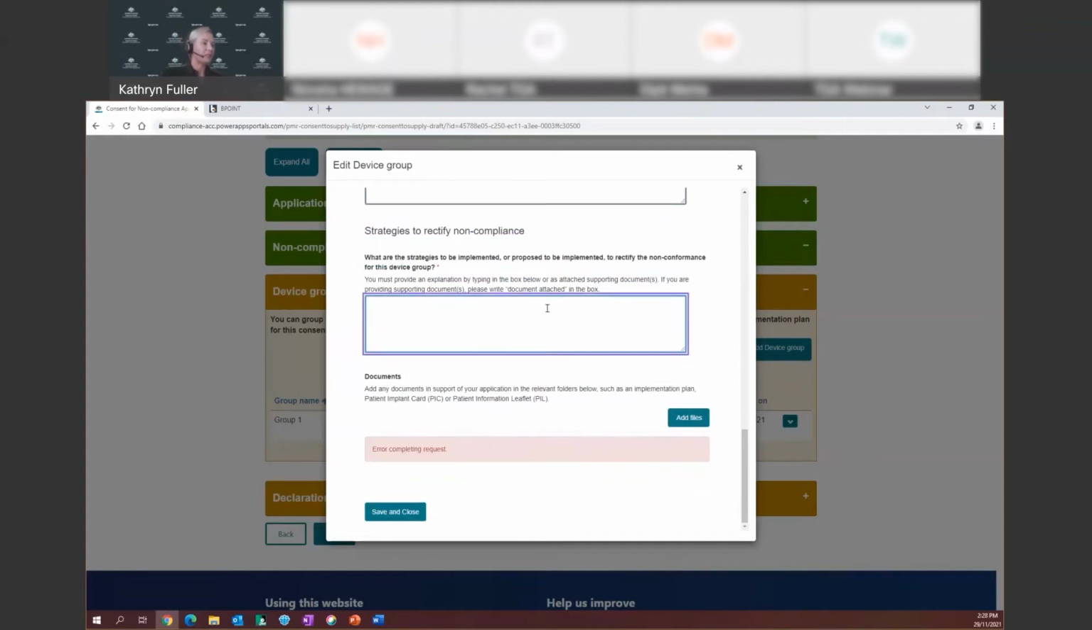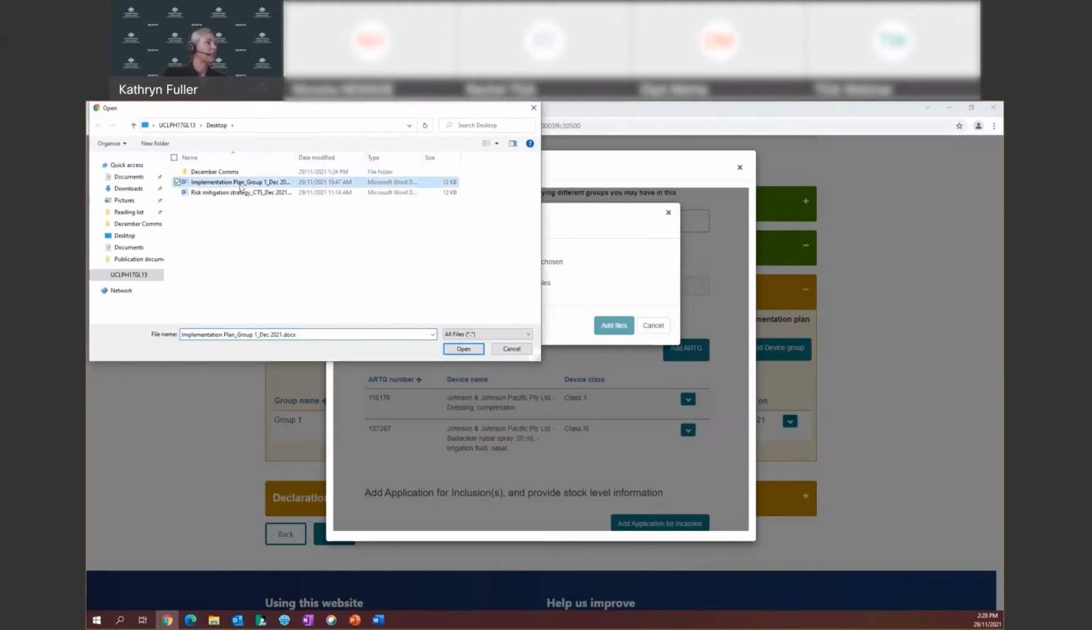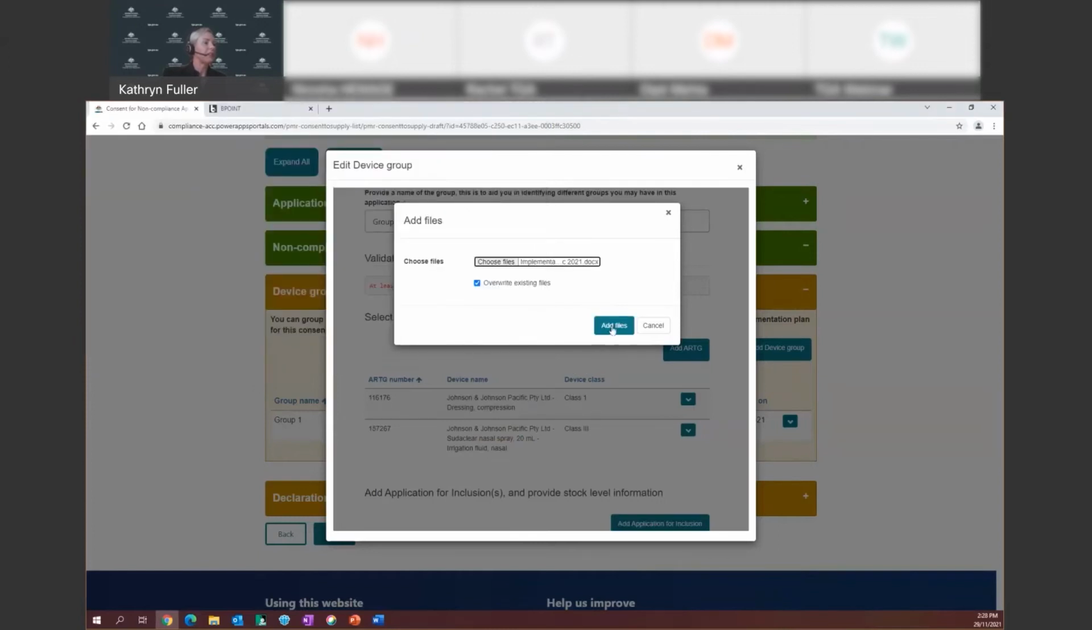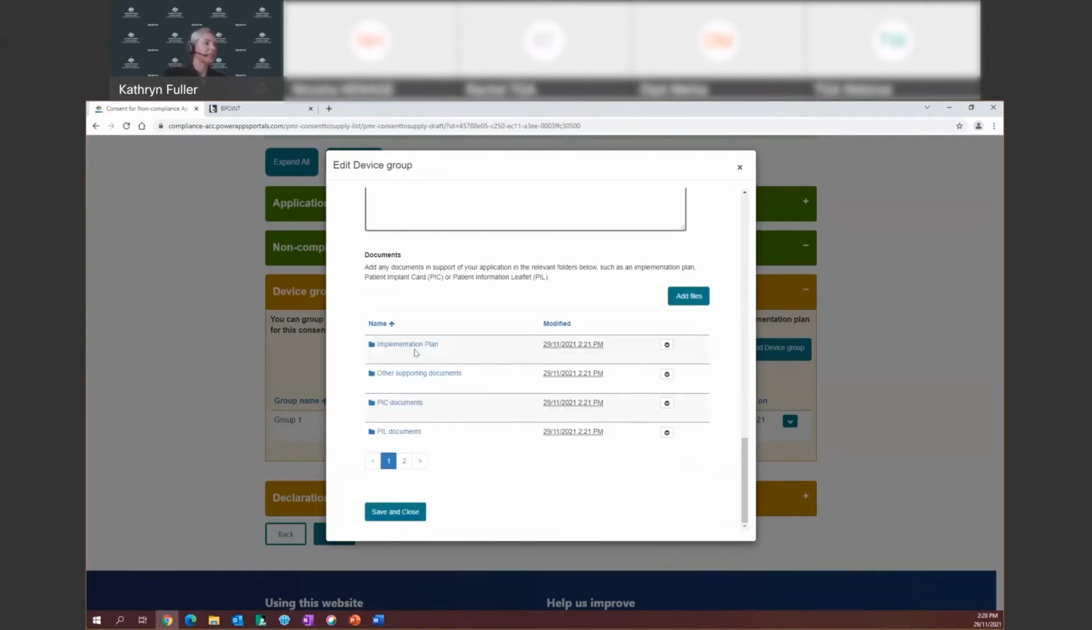But if we're going to add some files in here, I need to write "documents attached" so that we know that there are documents attached. Once again, if I click on add files, I can select the choose files button. It should bring up your computer. I can select the implementation plan here, select it, and then press add files. And you can see here, the implementation plan,